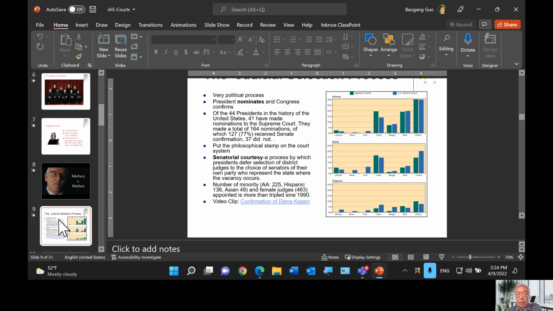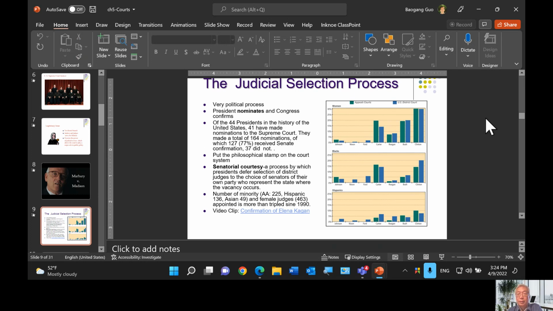So the judicial selection process is a highly political process, as we can see from the recent judicial nominations, where the Republican president is always trying to choose rather conservative nominees, and the Democratic president will always want to choose more liberal justices as nominees.